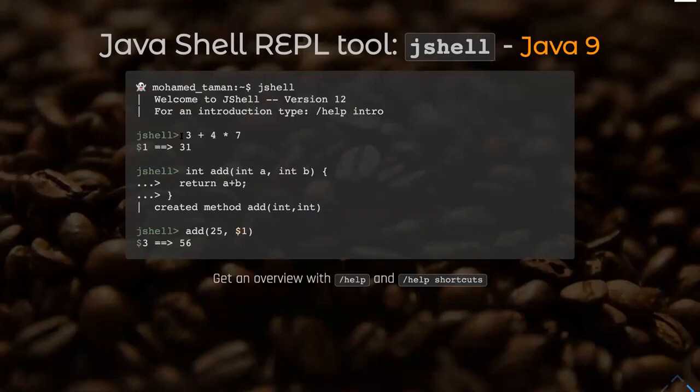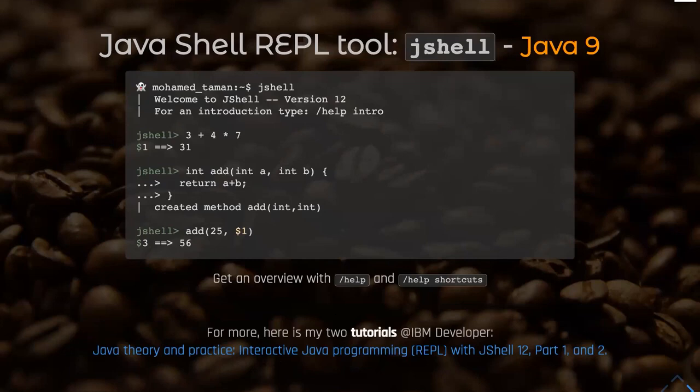You just open JShell, and then you can write statements and expressions, whatever it is, without declaring any classes. So if you have a new feature and you would like to try it, you don't have to have an IDE and create a public static void main in order to have this kind of boilerplate. In order to try it, you have this shell, which is a scripting language now, and you can try whatever you like. There are parts 1 and 2 about this.